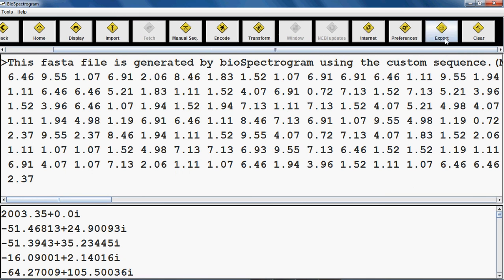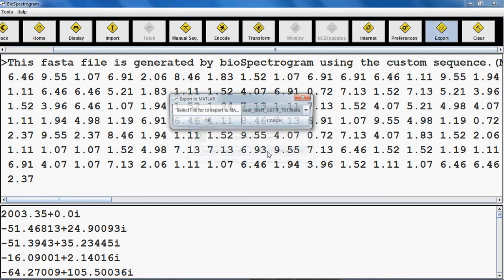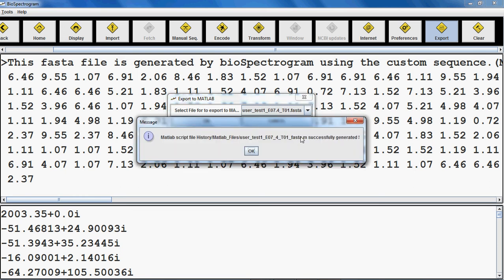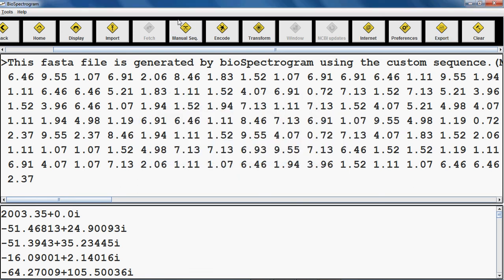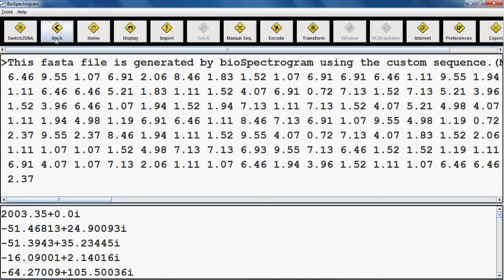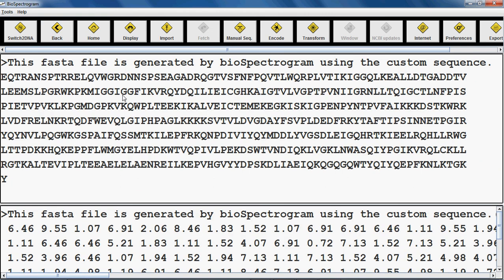Thereafter there is also a back button which will take you to the previous display on both the panes in case you want to refer to the previous sequence, as in our case currently. You also have a home button. Home will take you to the display of the latest downloaded file, as you can see here, HIV virus which we downloaded the latest. All these options we have already seen. We go back to DNA mode.